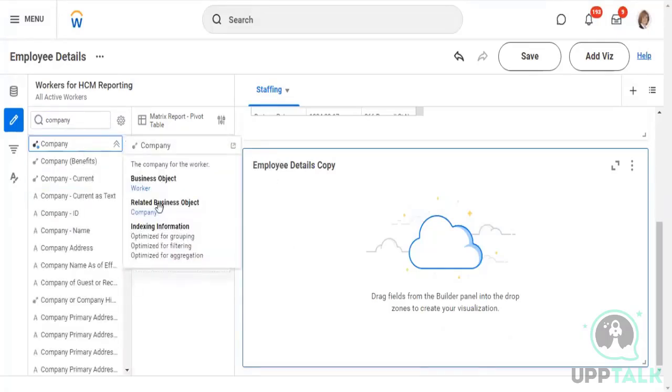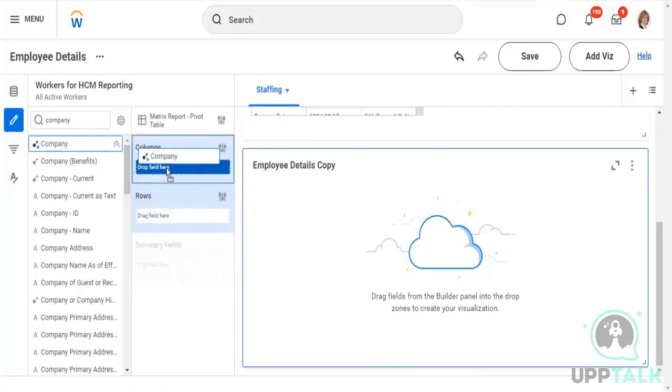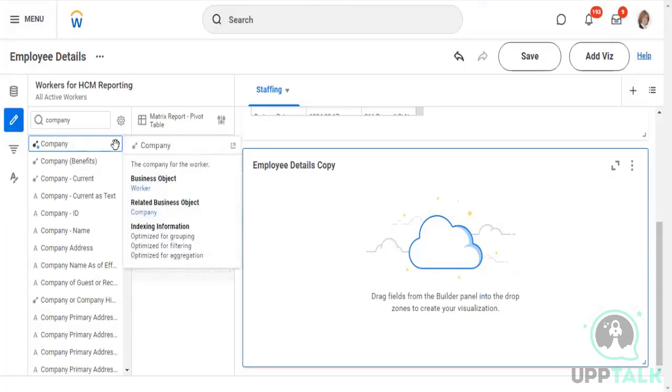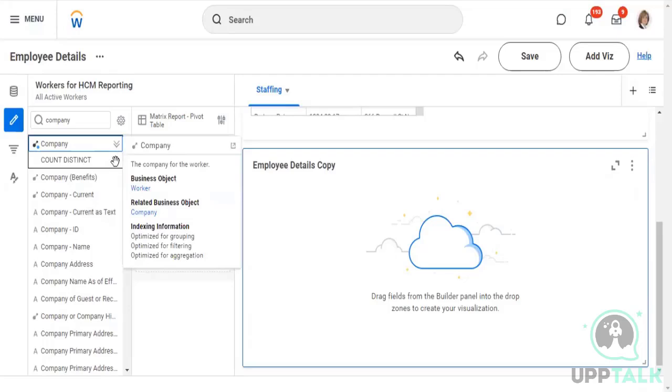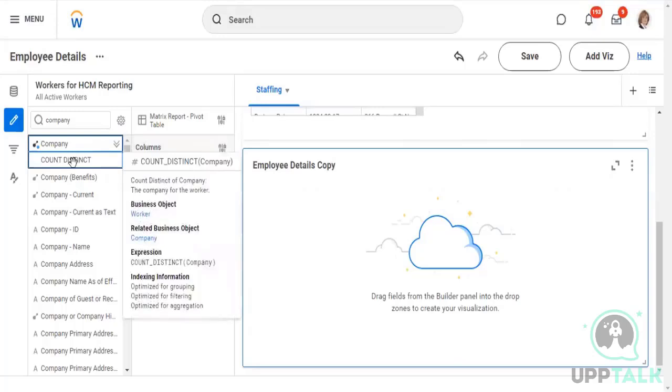Okay, as I mentioned, when you drag and drop something, Workday would only enable those drop zones wherein that field can be dropped. So if I go to summary fields, if you see, the moment I drop this, this field is grayed out. So I cannot drop company into these fields. Okay, there are two types of fields in here. The first one is the attributes itself. When I click on this double chevron, for each of these attributes, Workday automatically adds this